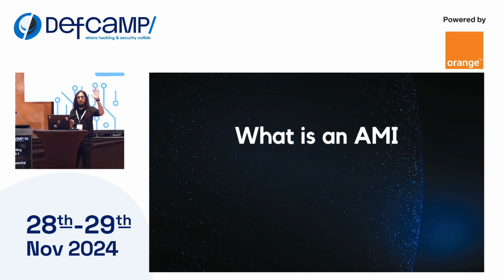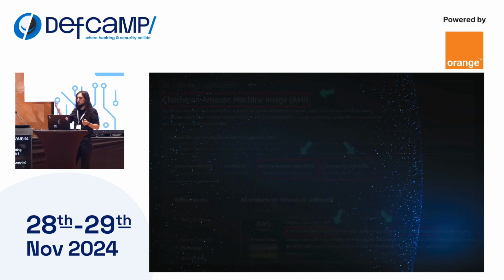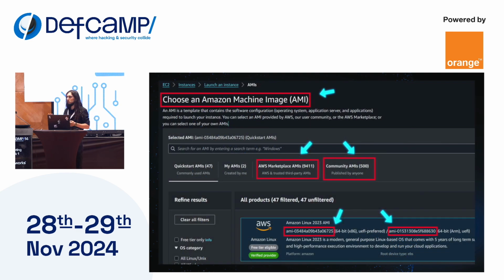Now, who knows what an AMI is? Okay, that's more than I expected. And who has used an EC2 instance at least once? Okay, that's good, because if you ever used an EC2 instance, then you kind of know what an AMI is. An AMI is essentially a virtual machine snapshot that you can pre-configure, set some files there, maybe source code, secrets, and then you can start multiple EC2 instances from the same baseline, which is a good thing.